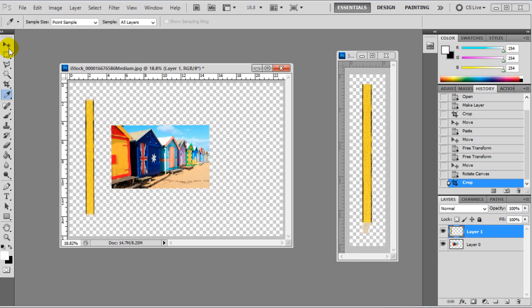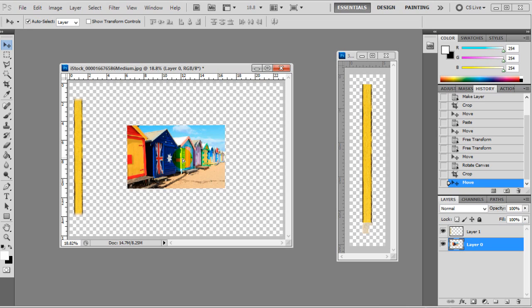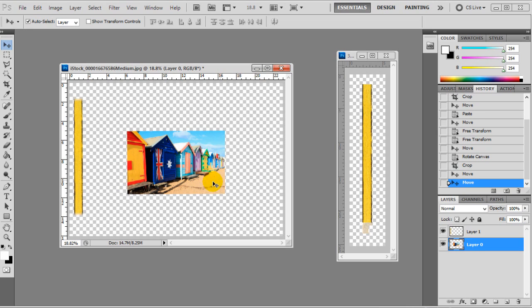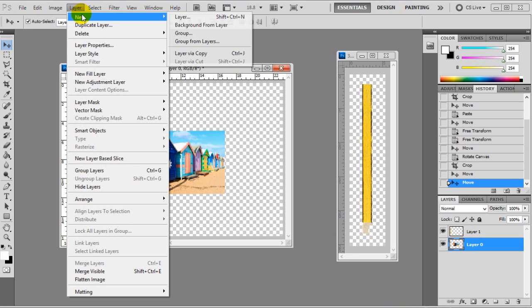So now we've got the molding selected here. I'm going to leave that here for now. I'll bring the picture back to the middle of the screen. I want to add some mat boards to the picture first. So for that, I'm going to add some layers. So we're going to go Layer, New,